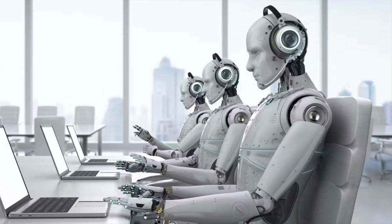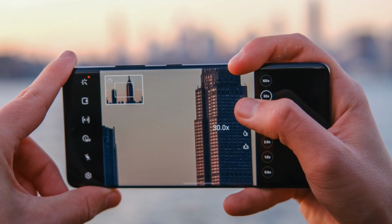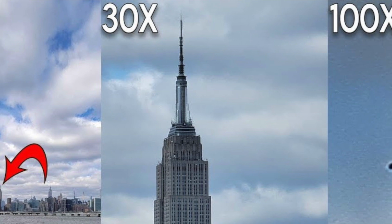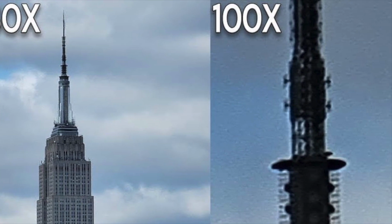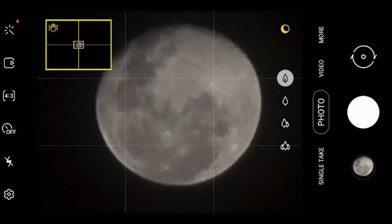Let me explain. With certain premium phones, like the Samsung S23 Ultra, you get zoomed up to x100, which is extremely impressive. With such a big number, people's imaginations ran wild, and they started taking pictures of almost anything that is far enough to give their shiny new cameras a challenge, and what could be more challenging than the moon? People started pointing their Samsung cameras at the moon, and although the picture would seem